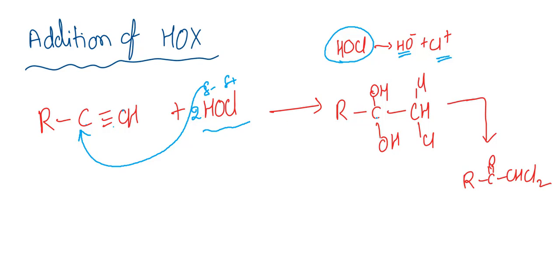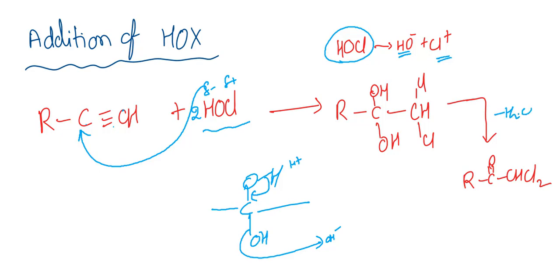We know that two OH groups on the same carbon are unstable. Then see the mechanism here, OH and OH. Like this, a water molecule is removed. This sigma bond is shifted here, and this is released as OH minus. This is the OH minus, this is the H plus. The total water molecule is released, minus water. So here a carbonyl group is forming, with CHCl2 as it is.